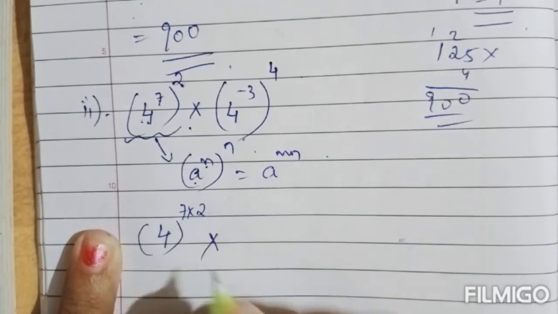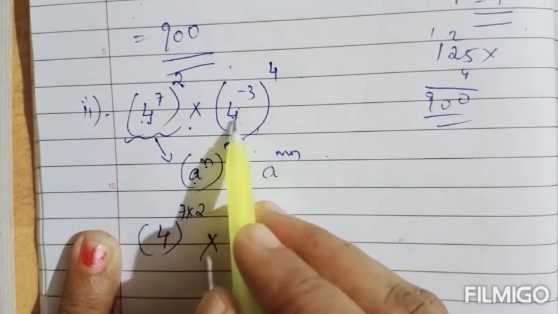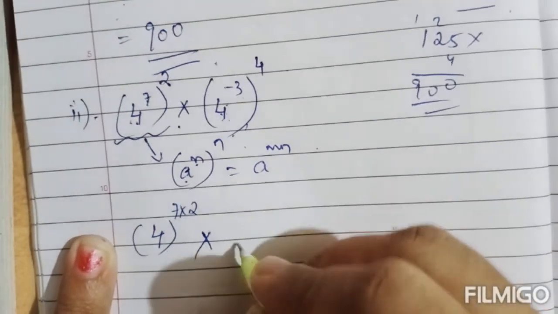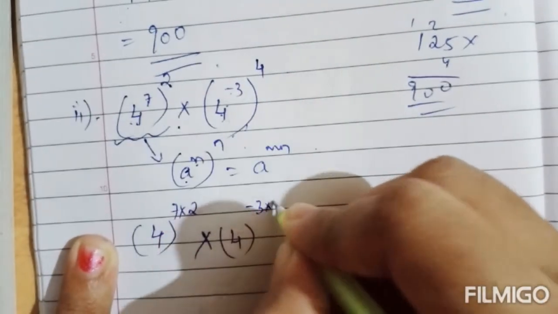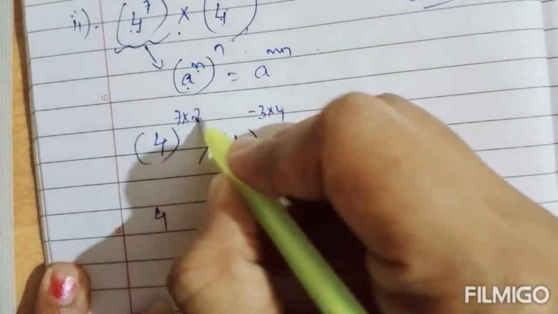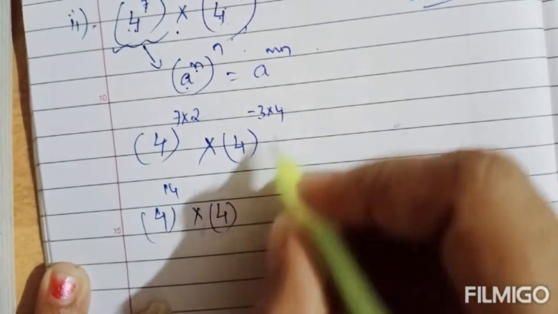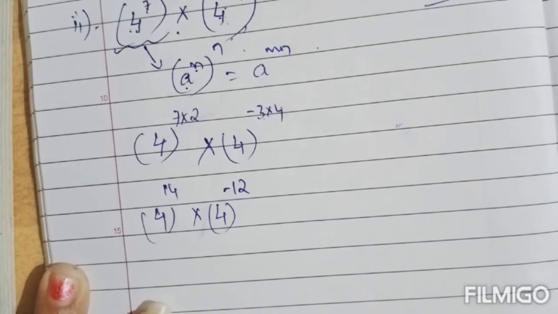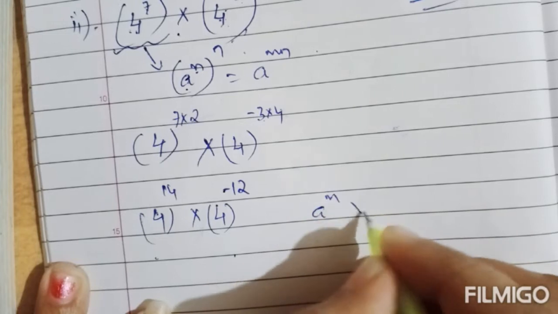Into, here also we can use power law. 4 raised to minus 3 whole raised to 4. Using power law, we can write 4 raised to minus 3 into 4. Now 4 raised to 7 into 2 is 14, into 4 raised to minus 3 into 4, it is minus 12. Okay, now you can see this is of the form a raised to m into a raised